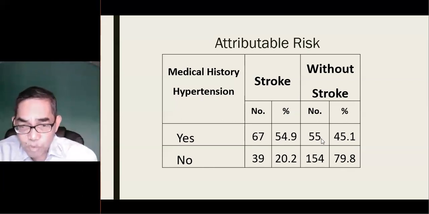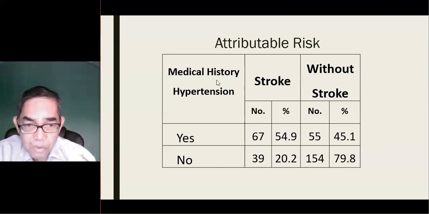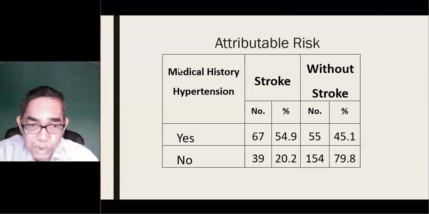So that is 122. So out of the 122 with medical history of hypertension, 67 of them develop stroke. 67 divided by 122, and that will be 54.9%. Meaning, among those with medical history of hypertension,